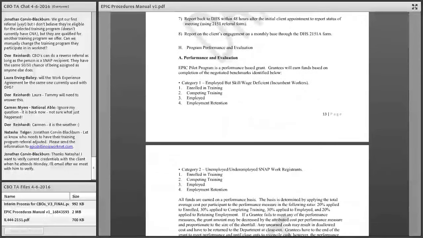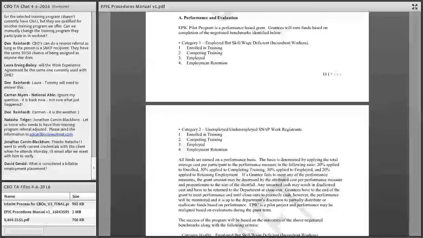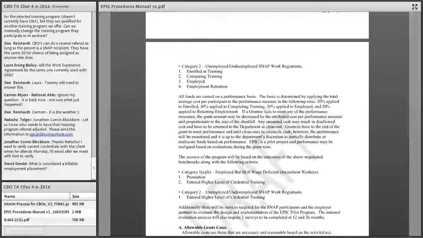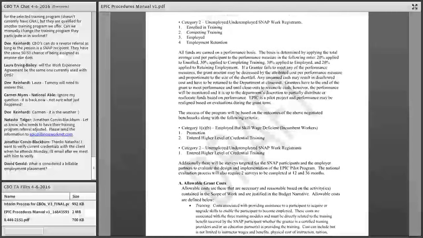So once again, EPIC is also performance-based, and we're basing the performance on the 4 measures of enrolled in training, completed training, employed, and retained for both categories. This is a little complicated, and I don't want to get into this too much on this phone call, and we will cover this on the 18th also. But you look at this page here as far as how performance is going to be